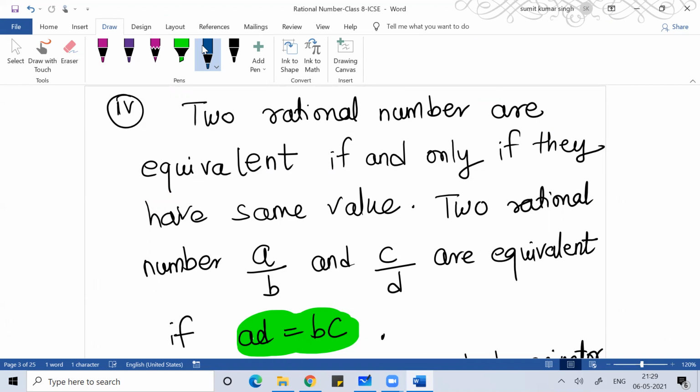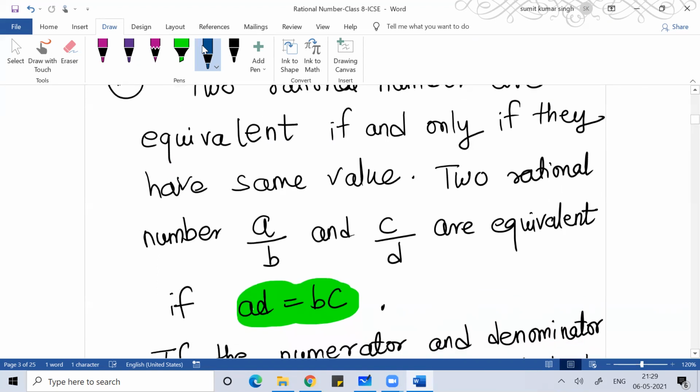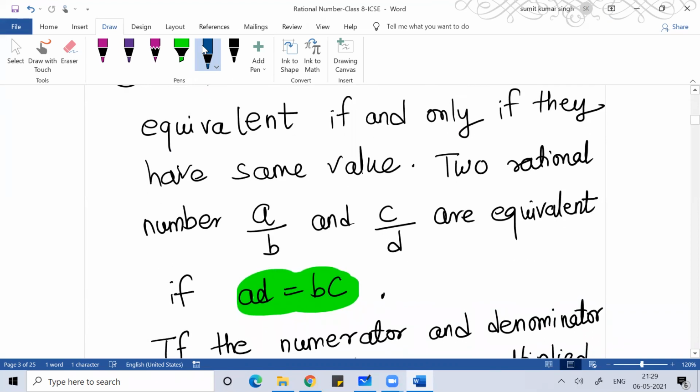Now when we talk more about rational numbers, I believe you understand them. We can represent rational numbers as equivalent rational numbers. If there are two rational numbers, a by b and c by d, we call them equivalent if ad equals bc. Imagine you have 2 by 3 and 4 by 6. I say they are equivalent rational numbers. To prove that, multiply 2 into 6, that is 12, and 3 into 4, that is 12. Yes, they are equivalent rational numbers.